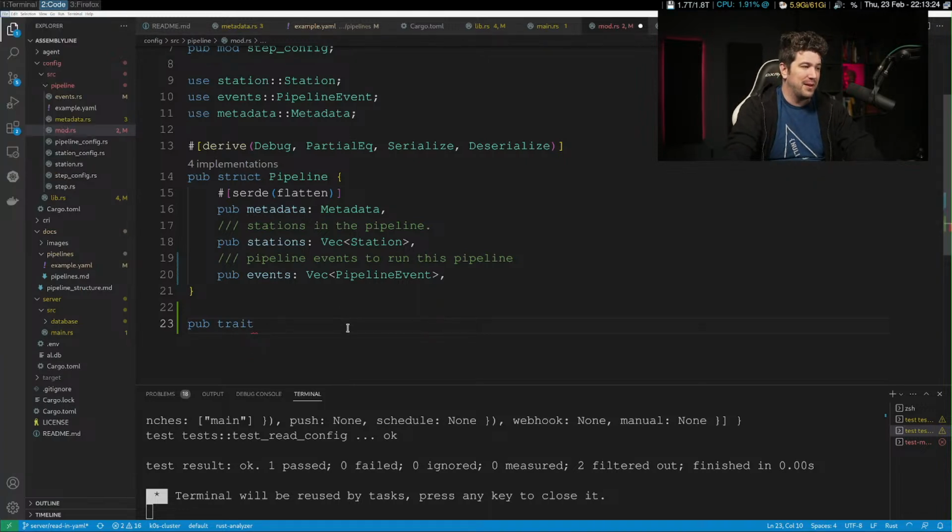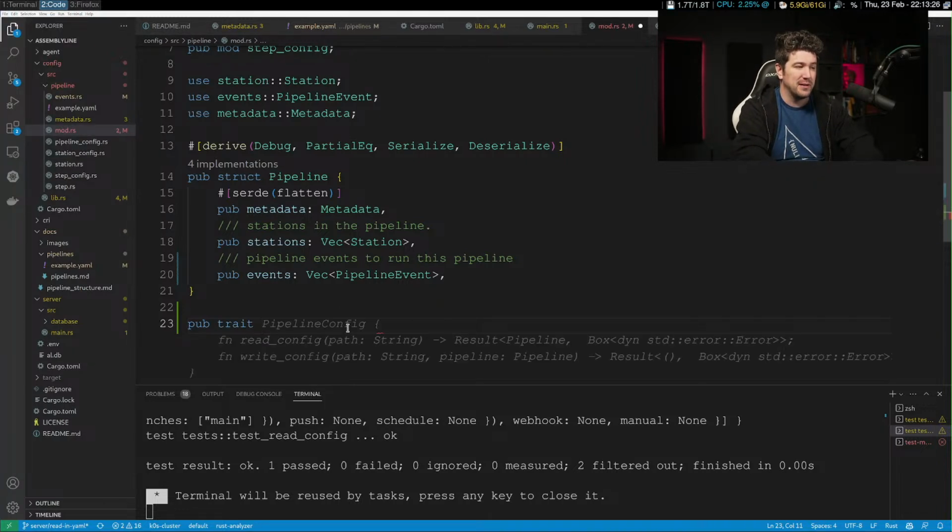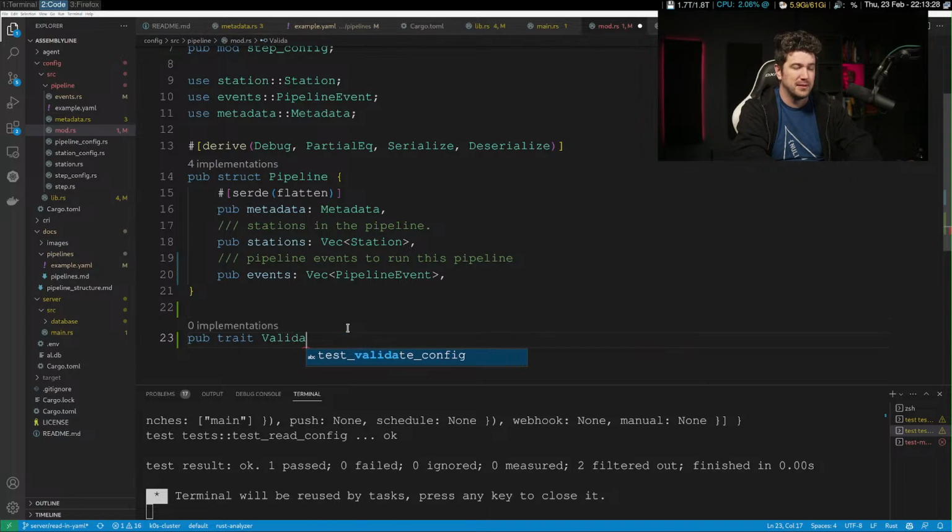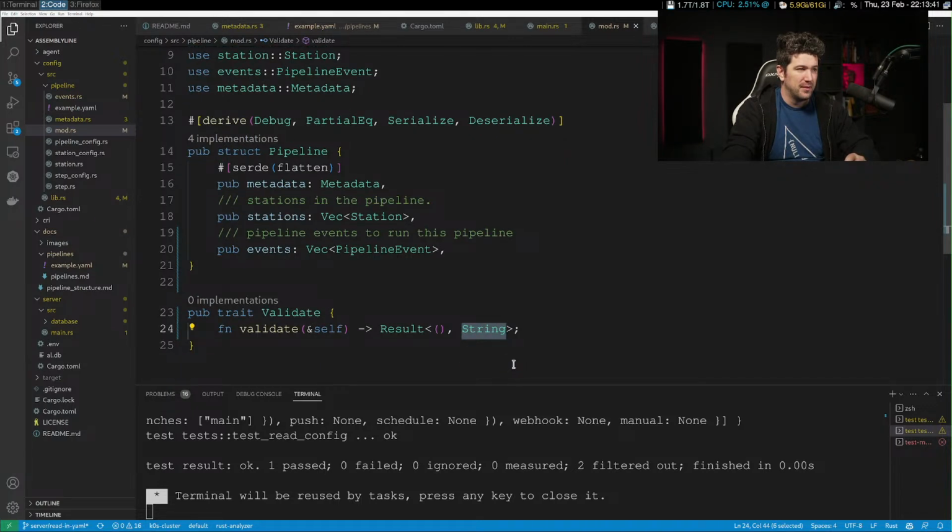So I was thinking we could do something like pub trait. I don't know how much I like this. I'm just thinking validate. Maybe a string, just an error message of why we didn't like the validation, and then we could implement validate here.